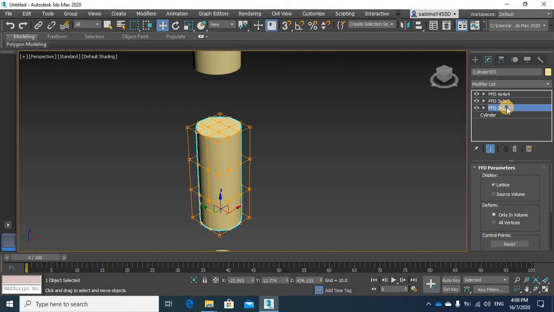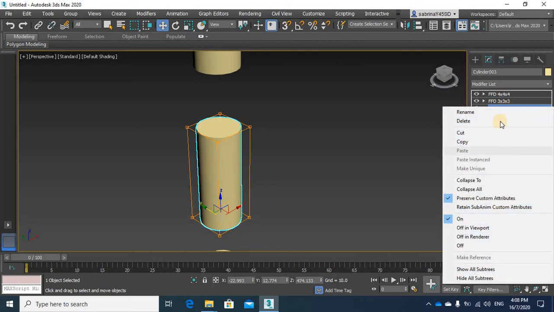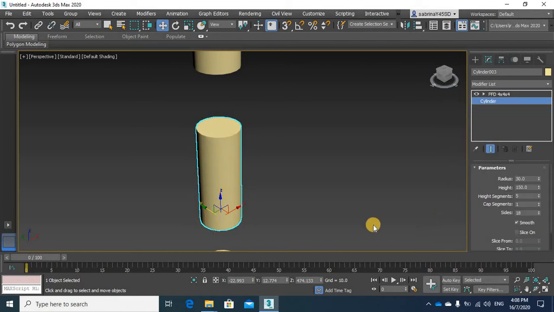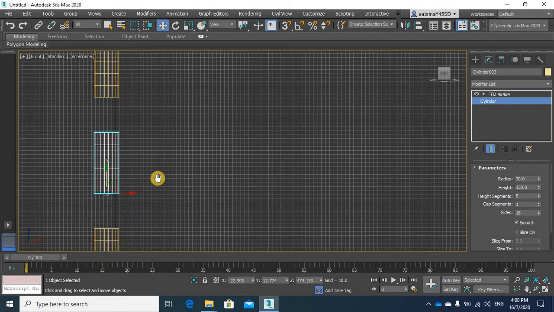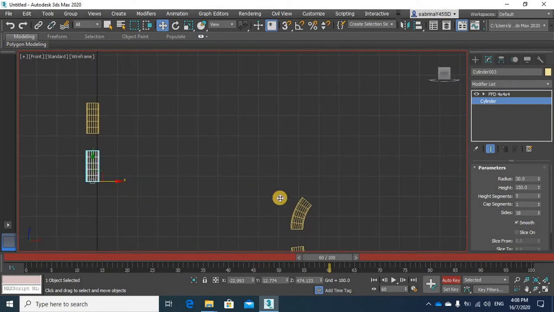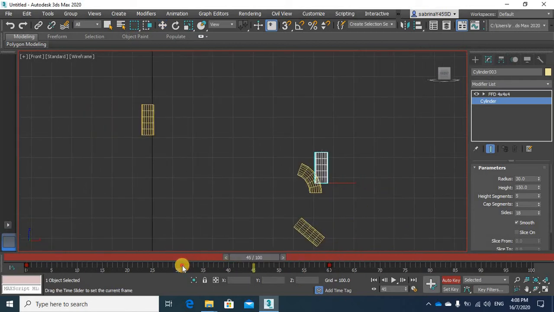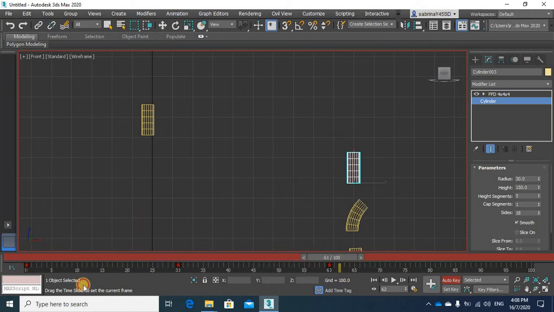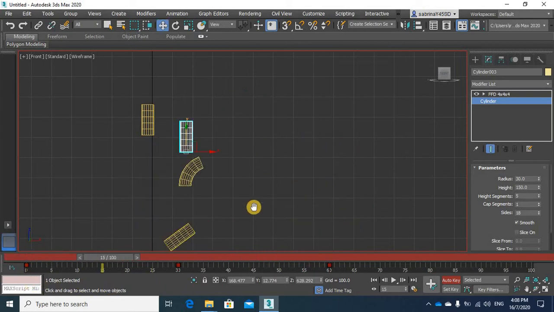Yeah. So this time, I will use 4 by 4, so I will delete the rest. Okay, so I'll be focusing on this front view. So turn on my auto key. Still the same keyframes. I will bring this to here. Okay, so in between that, it will go up. So like that. So in between here,